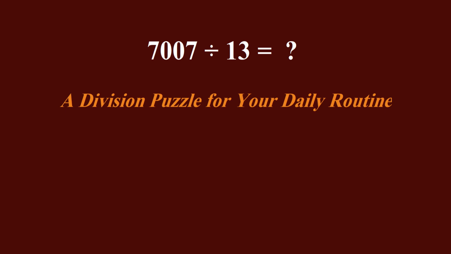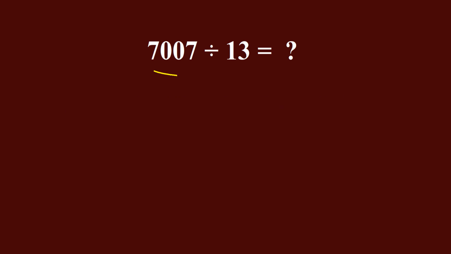Here in this episode, we want to calculate 7,007 divided by 13. To do this, we change this horizontal division sentence into the standard algorithm. First, we draw the division bracket, then move